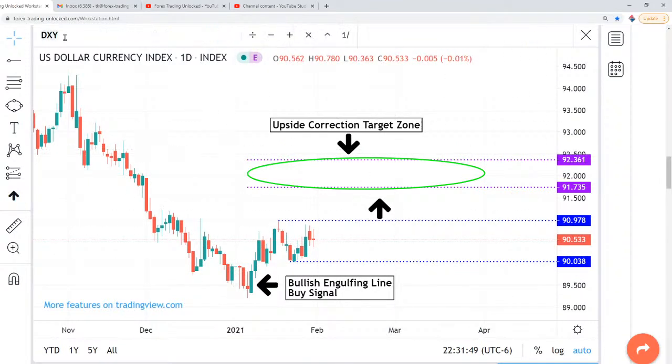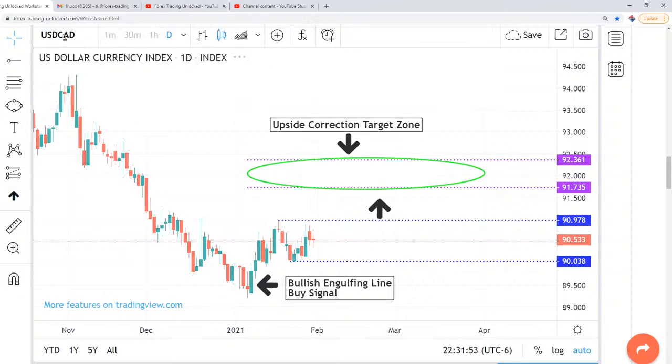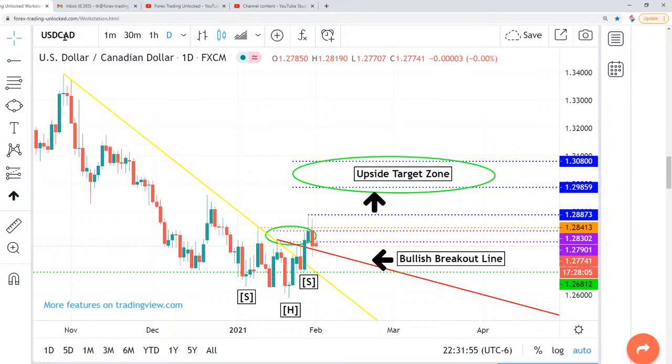Currently, to start the week off, the market's under pressure, but right now we only have the Asian markets open. European markets are coming online in another few hours, so I think you're seeing just a little follow through from Friday because there's not really that much action going on yet, especially for the U.S. dollar, Canadian dollar. Now, should we see a little bit of a slide in oil prices, then I think you might have a chance at seeing the U.S. dollar, Canadian dollar continue this rally and definitely hit the target zone,